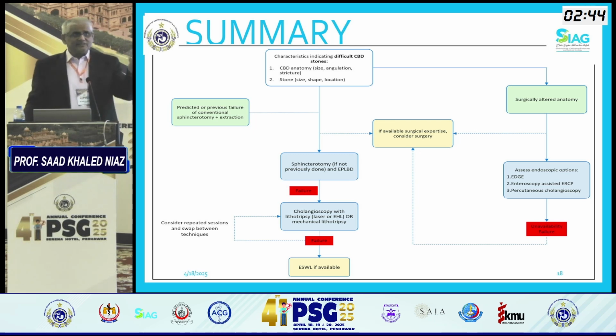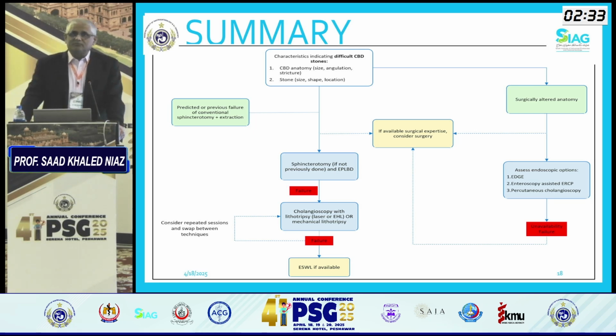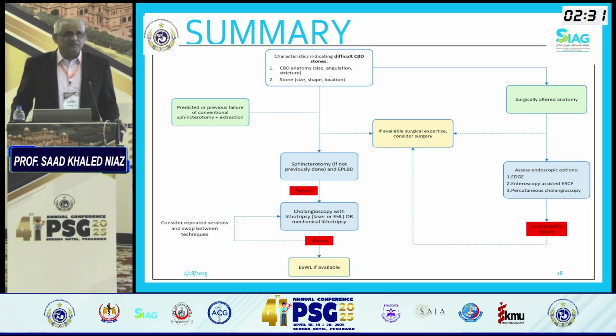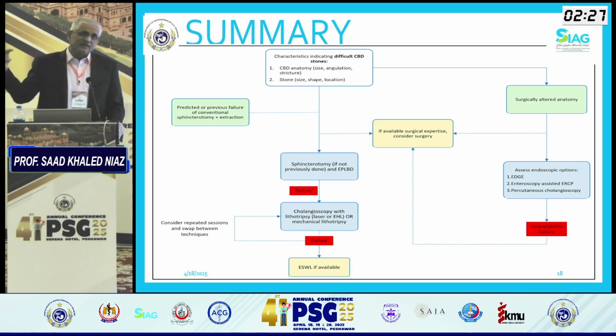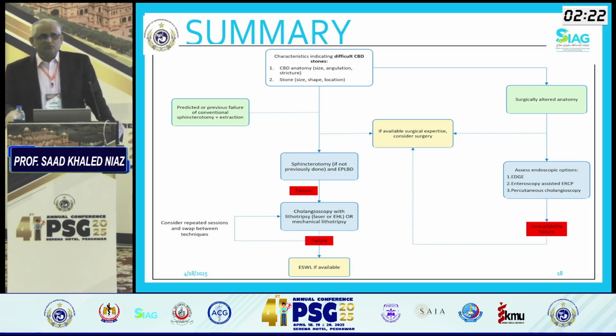So if your basket is stuck, there are a couple of options. You can dilate, do a sphincteroplasty, and remove the basket that way. There are emergency lithotripters, where you can actually cut the wire and crush the basket wires so that the basket comes out. Now all those things should be there. If you're going to use these things, you need to have the backup in case you get stuck.